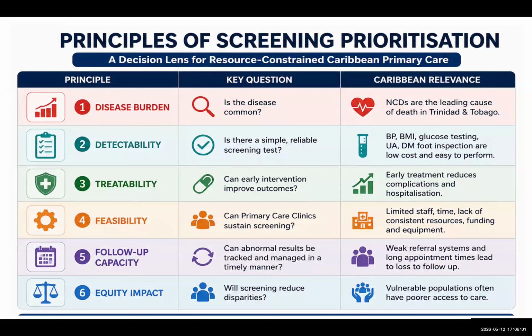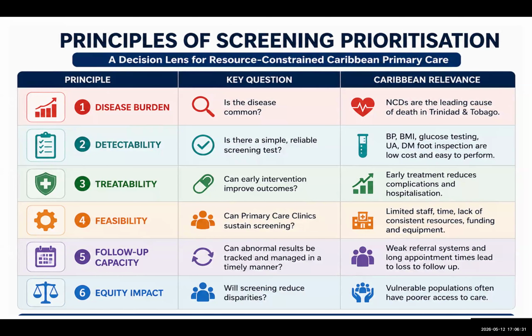So I'm going to go through some principles of screening prioritization. The first principle is disease burden. Screening should focus on conditions that cause major morbidity and mortality within a population. Research from PAHO confirms that non-communicable diseases are among the leading causes of death locally, particularly hypertension, diabetes, obesity, cardiovascular disease, and CKD. This means these conditions should